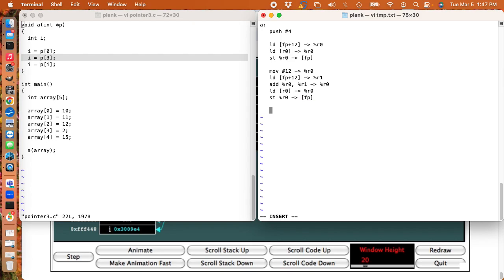Okay? And now the last one, the compiler does have to do more work now, right? Because the compiler is going to have to load I, load 4, multiply them, load P, add that product to P, and then dereference. Okay? I might even have a picture of that. Let me see if I got a picture. Yeah, I do. I have a picture. It's not that exciting, but